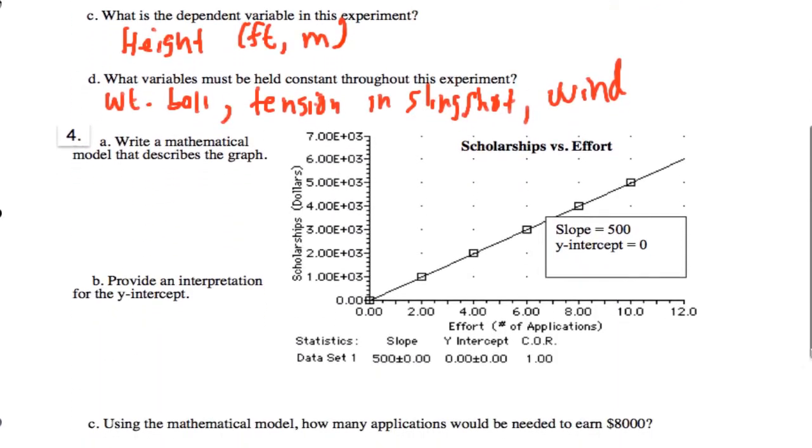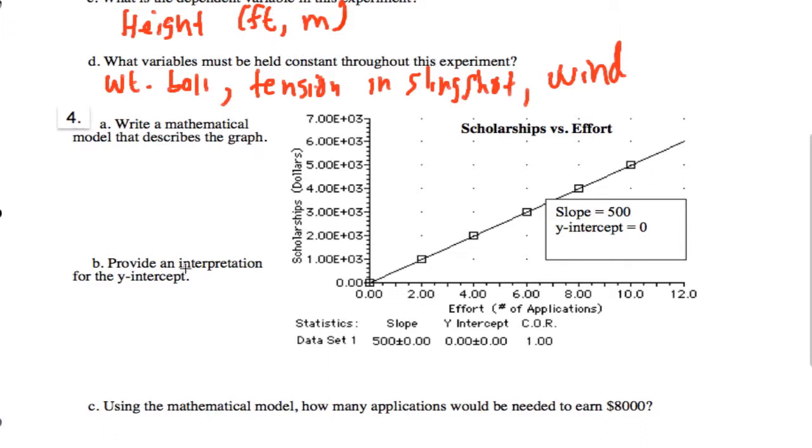Now, here it says write a mathematical model that describes the graph. Now it says 1E03. I just want to be clear. 1E03, that's another way of saying 1,000, just so you know. Now it says write a mathematical model, and this is set up very, very nicely. So I can actually say scholarships, that'll be my Y variable, and effort will be number of applications. So I'll say scholarships equals